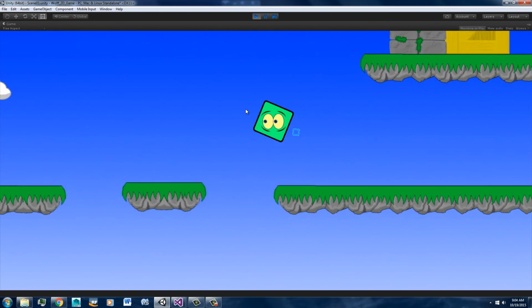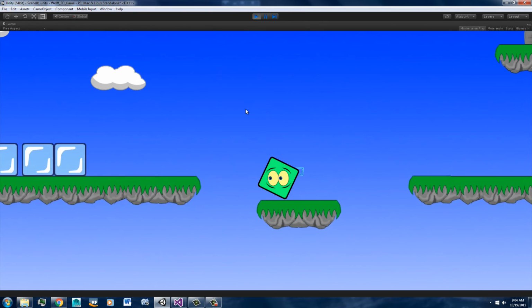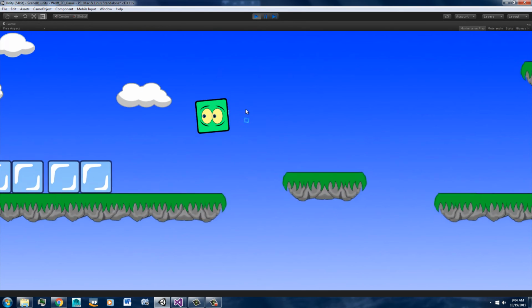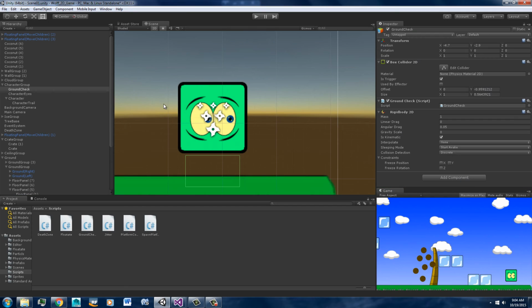Yeah, I think that's about it. Let's see what else. Oh, Death Zone. Actually, there's two more things. So essentially, I just built